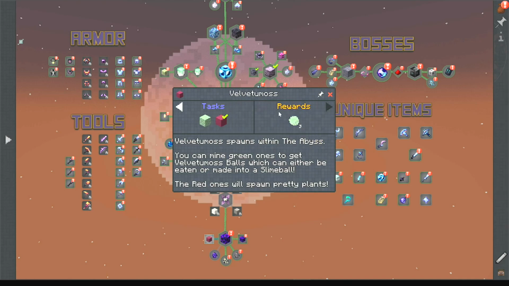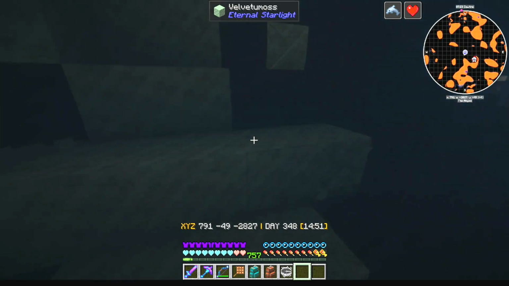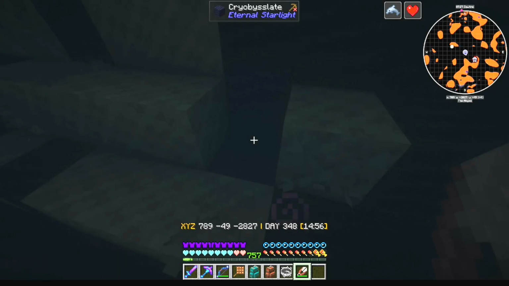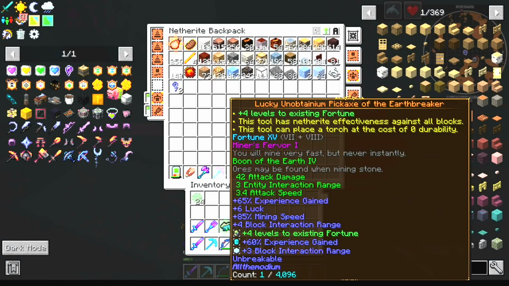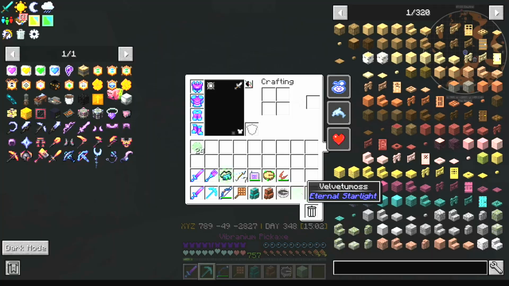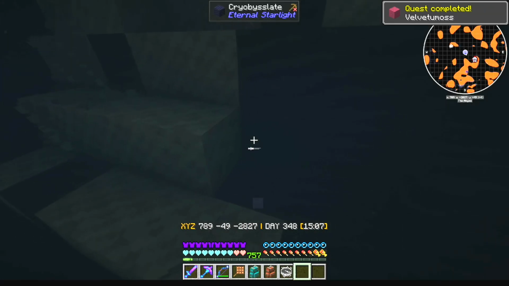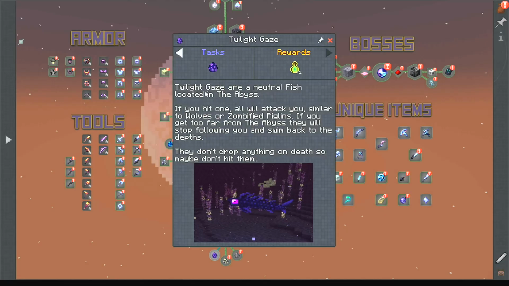Green ones, which give eaten or made into slime balls. Velvet moss. I need to look at it or grab it. So this is the normal stuff. Okay, can I soak? Is it silk touchable? Can I touch it with silk? Okay, thank God. Because otherwise that was going to be really unfortunate. Okay, there we go. We got that taken care of, and now we need to kill Twilight Gaze, which is